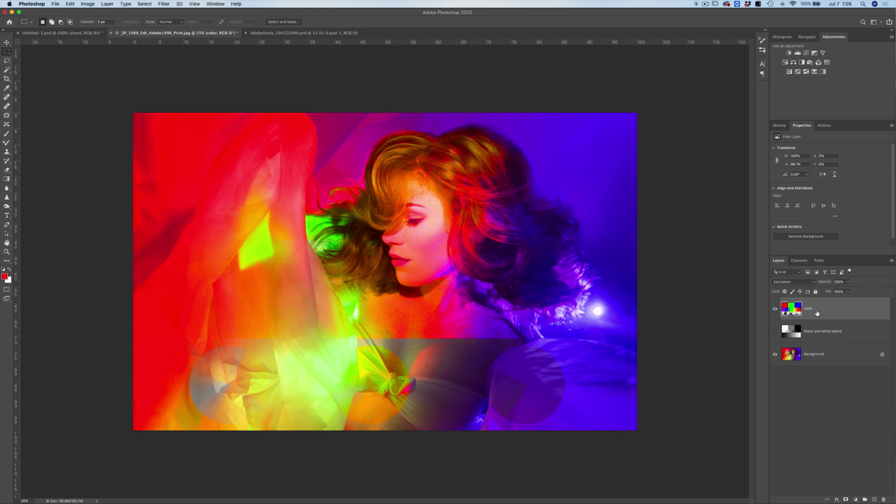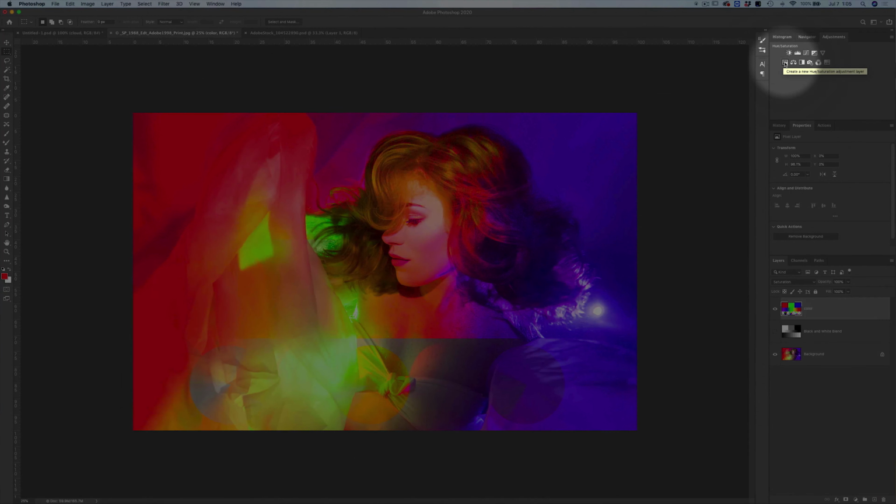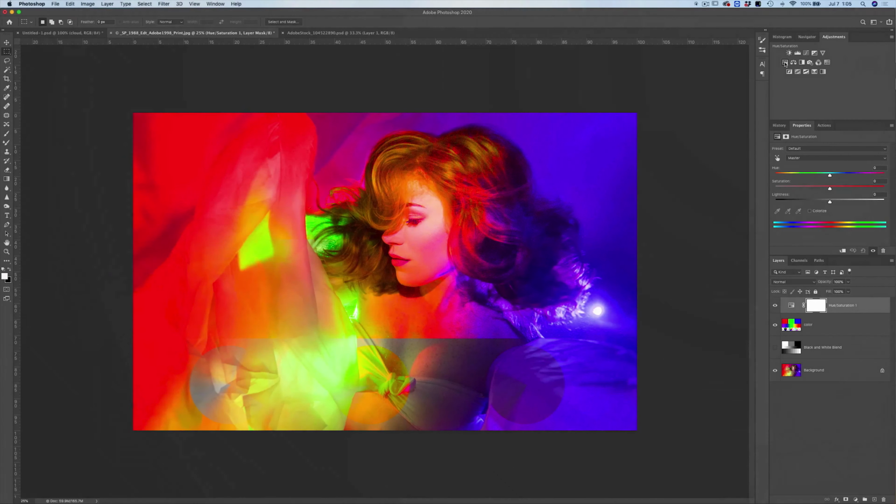So if I take this color layer and I desaturate it, I'm going to choose a hue saturation adjustment layer, which I'm going to get to in a future chapter. I'm going to clip this to my color layer, and then as I decrease the amount of saturation in the top layer, you can see that there's a difference going on in the underlying layer.